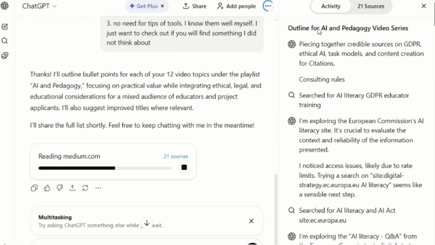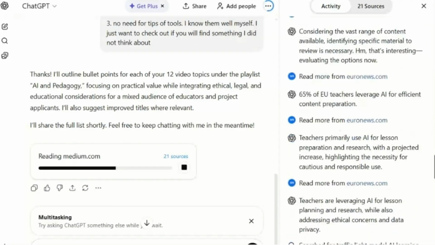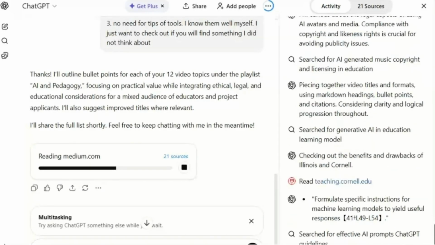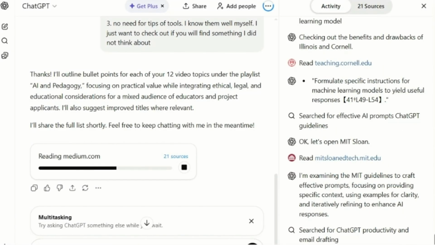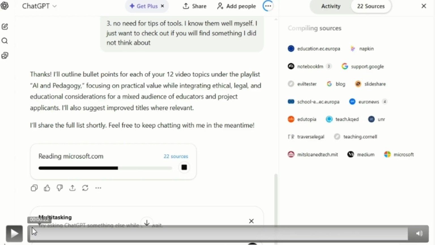It made me 3 questions to get a more specific idea what I'm looking for, and then I could follow the activity that you see there on the right hand side, all the sources it used and what it was reading from those sources and so on. And it took 8 minutes to give me the output.